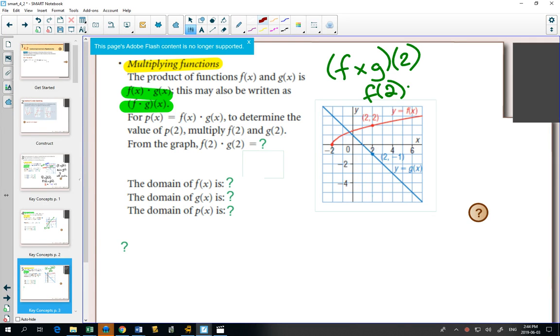This is f of 2 times g of 2. F of 2, that's my red function. It's equal to 2, the y value. G of 2, that's my blue function. It's equal to -1. If I multiplied those together, I would get -2. And sure enough,